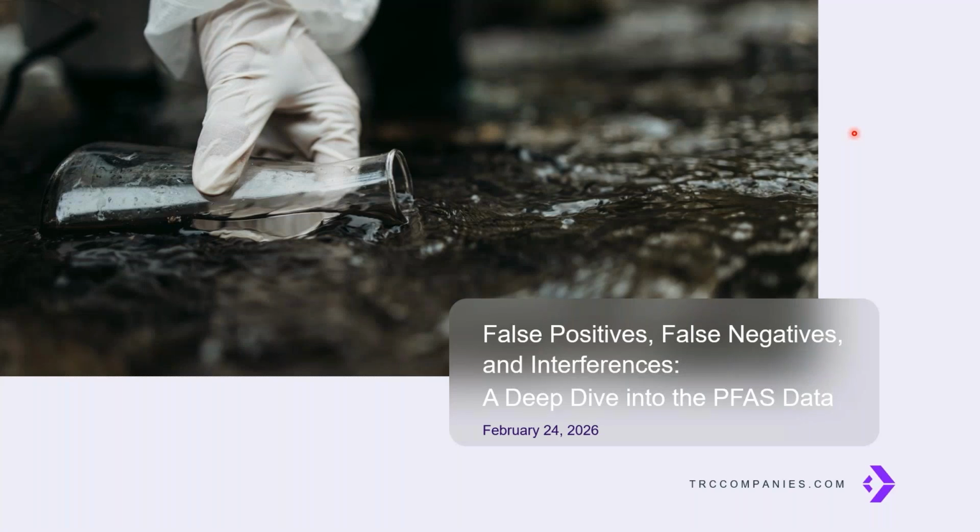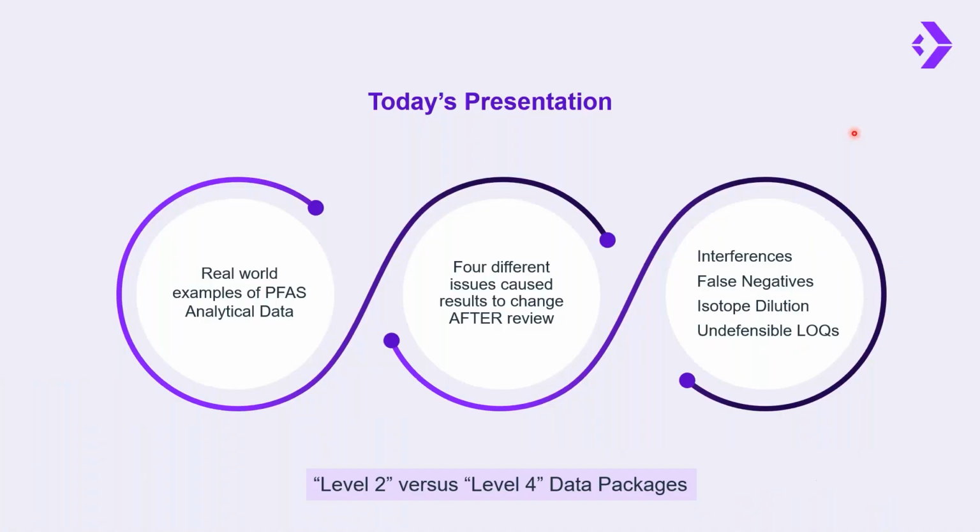Great. Okay, so today we are going to take a deep dive into some PFAS analytical data. Most of us receive PFAS data from our analytical laboratories in data packages, which are typically described as a level 2 data package, meaning that the sample results and the quality control results are provided on summary forms without any instrument raw data. So again, the level 2 packages do not contain raw data, meaning that many of us are using data that we evaluate from these level 2 data packages for decision-making purposes without doing any kind of review of the lab raw data.